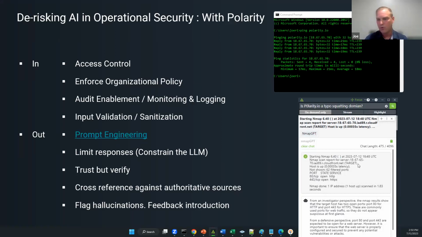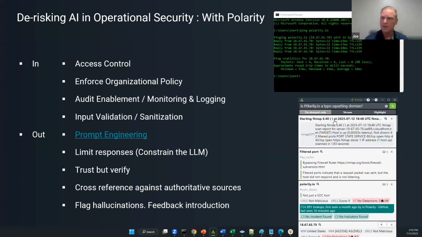You could set this up for, as I said, your internal IPs. If you have any proprietary information that matches some sort of regex pattern, things like numbers or values or codes, just aspects of things that are really specific to your business, you can add that in so it doesn't even get out of the barn. If you think about that analogy, bring the horses back in the barn, we'll stop it from getting out of the barn altogether. And that's also in the same breadth and scope of limiting the responses to the LLM.